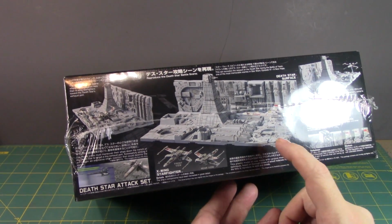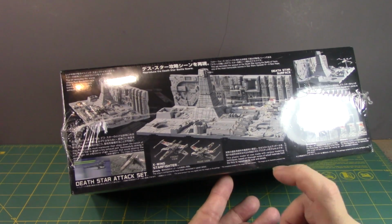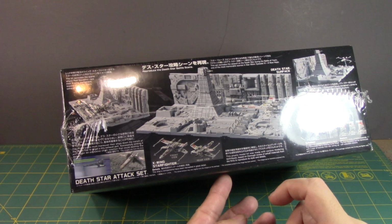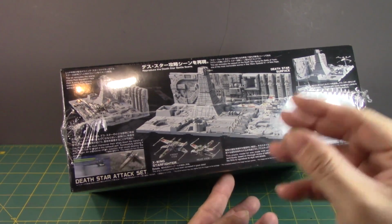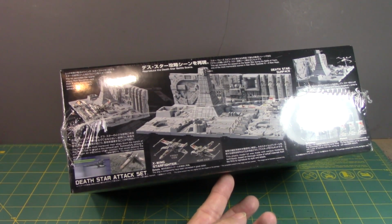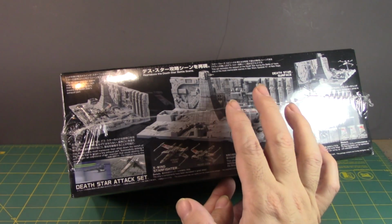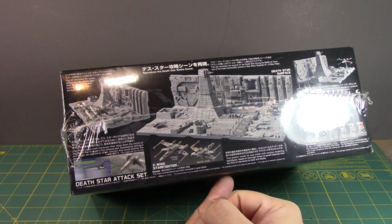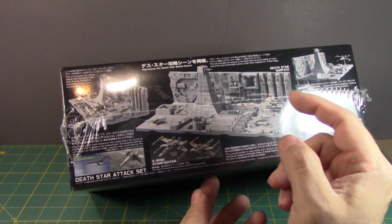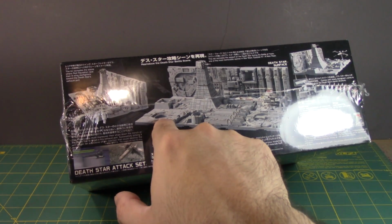I believe these use the original stands, or like a combination of stands that you get when you buy the 1/144 scale kits, and then they just merge them together to form this, which is still good. I kind of like that. You have all the features here. It's all unique. You have the massive turbolaser firing down the trench. The X-wing, you do get an X-wing starfighter to complete the set. You also have the actual